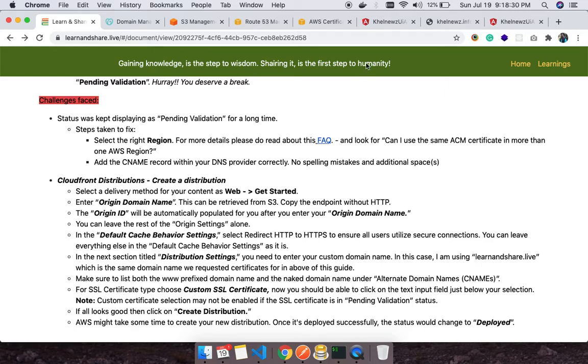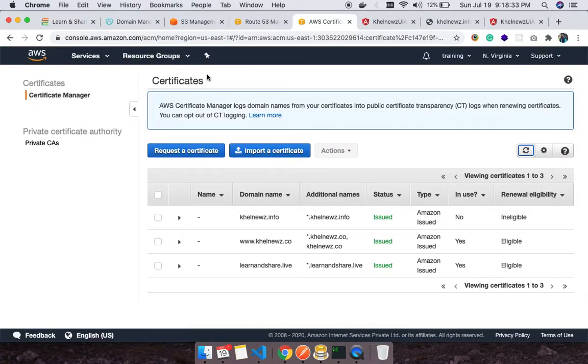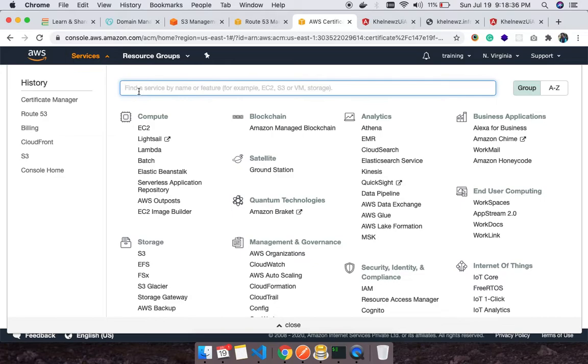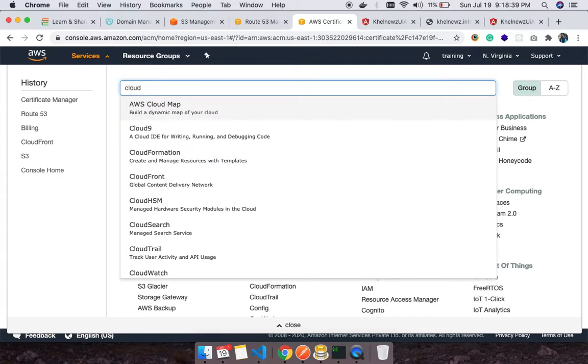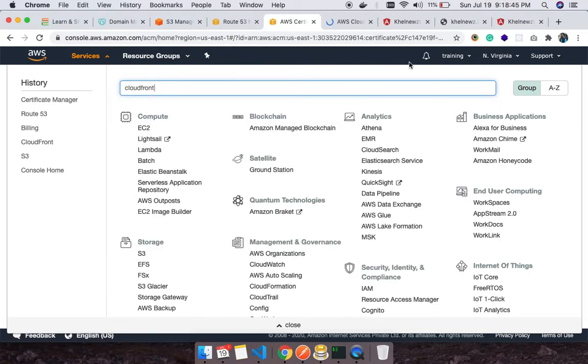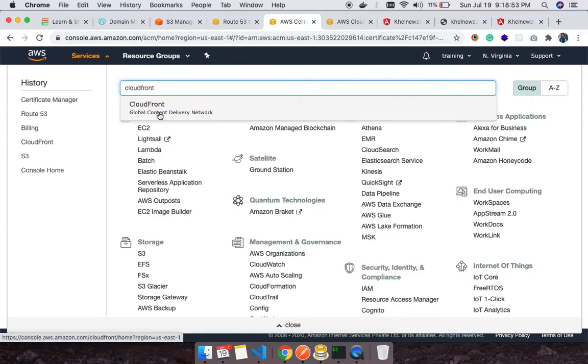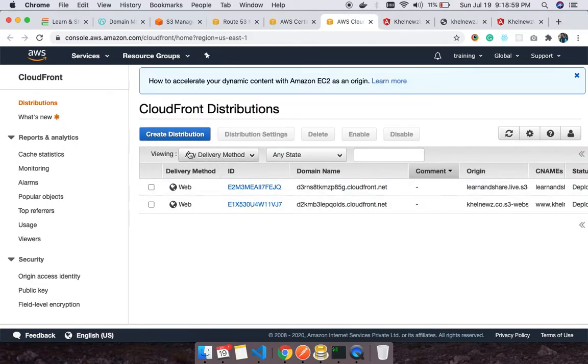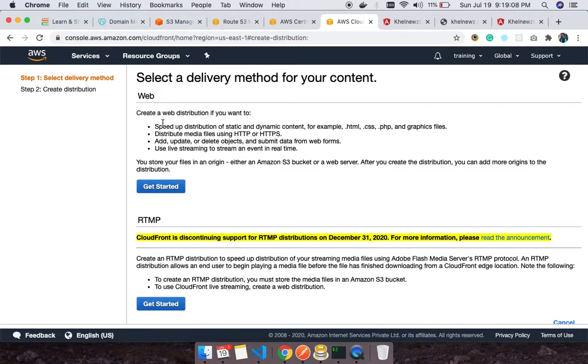So now how will you do that? In order to do that, there's a service provided by AWS, CloudFront, right? You might see some URL as CDN, right? That is nothing but your content delivery network. So AWS has that option. As you can see, we have two entries here, which I have used for two different domains. So I'm going to create another distribution, and we have to opt for the option as web.